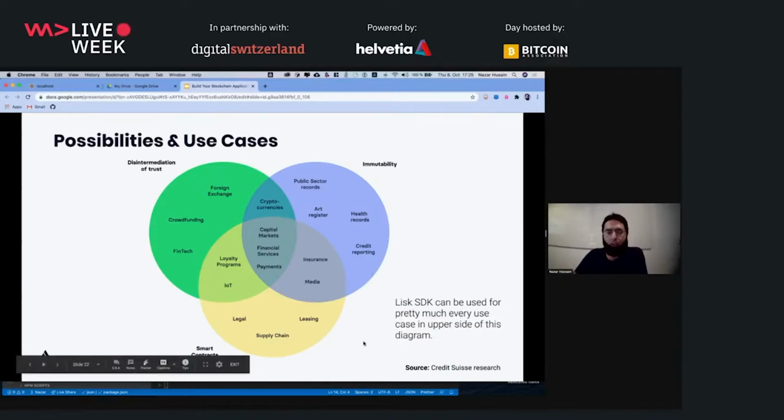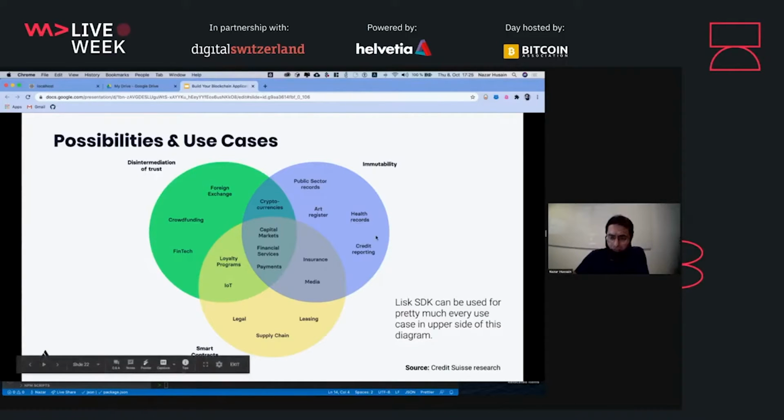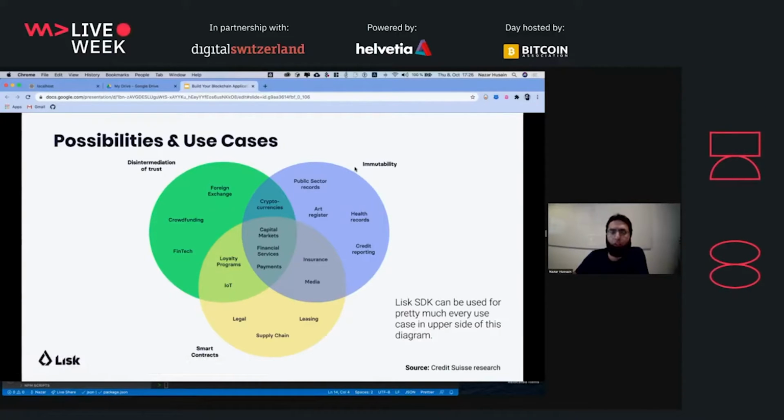Related to the smart contracts, Lisk SDK does not provide any built-in or ready-to-use feature for creating smart contracts, but there is a possibility that you can still create a platform using the Lisk SDK that can provide the smart contracts, but that topic is not part of today's session. So you can focus right now on any of the above use cases that you want to build,